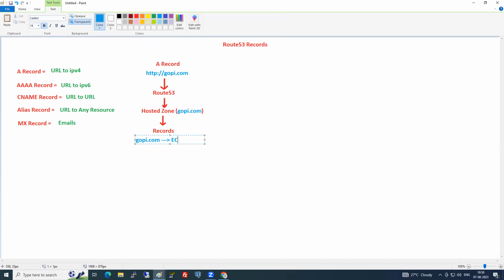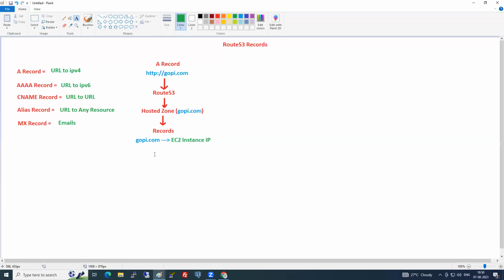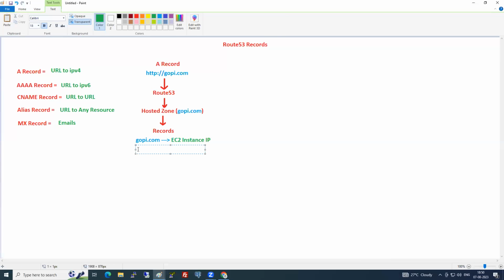So EC2 instance IP. But is it recommended to send it directly to the IP address? No. If you are sending it to the IP, gopi.com is a URL, right? So URL to instance IP, which is nothing but IPv4.